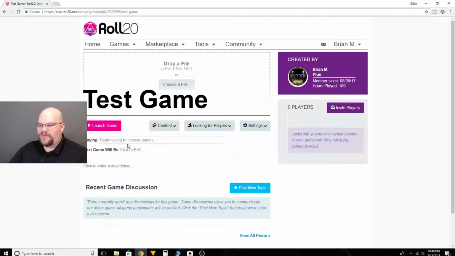Then also the playing section here, begin typing to choose games. Then you can click here for what the next game will be. So say you're running a game with some friends online, and you can say, okay, we played today. Next game will be 2 weeks from now, whatever the date and time is, you can put all that. You can enter a description for the game. So if you open it up for people looking to join your game, you can put in a description of the kind of game you're playing, the mood, the setting, the theme,